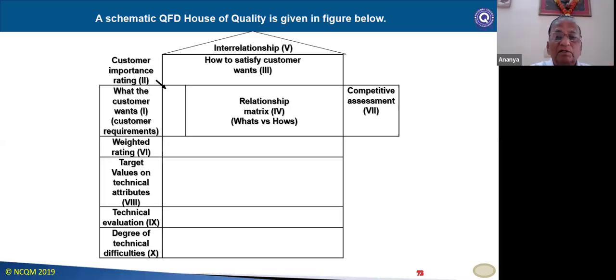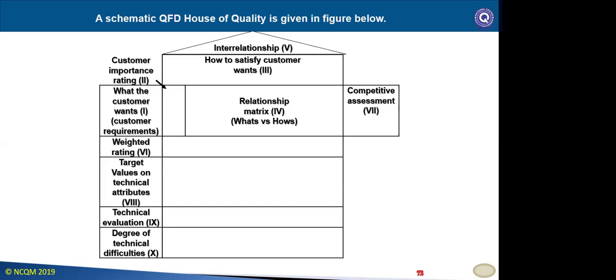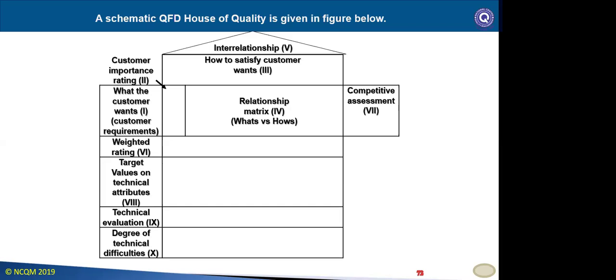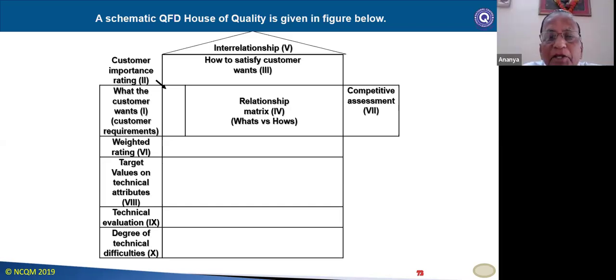Then comes the relationship matrix. First, see 1, what the customer wants, the customer requirements. Number 2 is the customer importance rating. We'll take some example, then it will be clear. The customer rating will be 5, 4, 3, 2, 1, like this. Then number 3, how to satisfy the customer wants. That is the